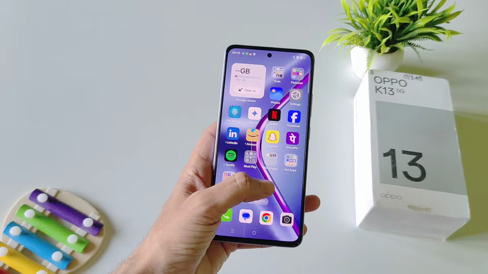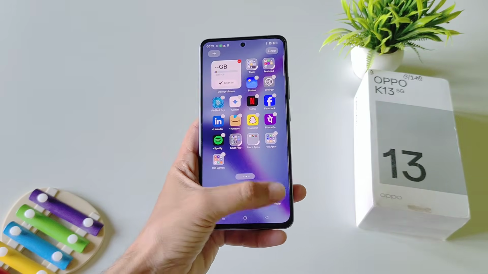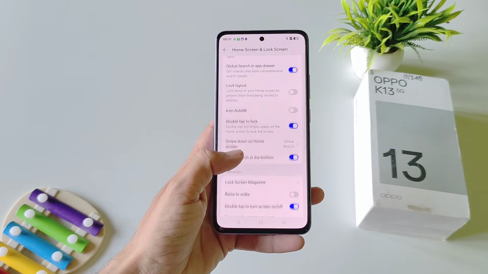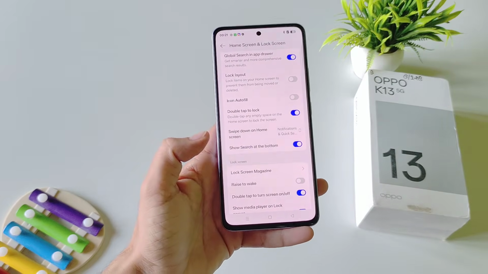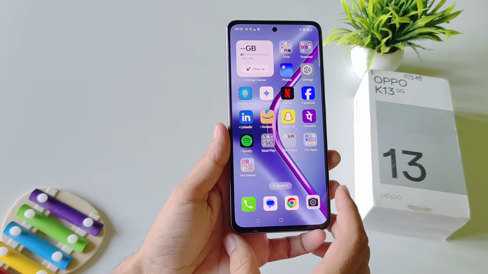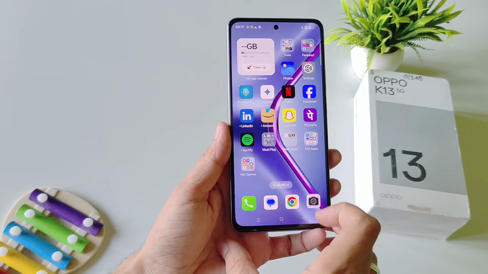There's a gesture for this. Tap and hold on your home screen, select more, scroll down and then select this swipe down on home screen. From here select notification and quick settings. Now if you are on home screen, if you will swipe down from the right side of your screen, then